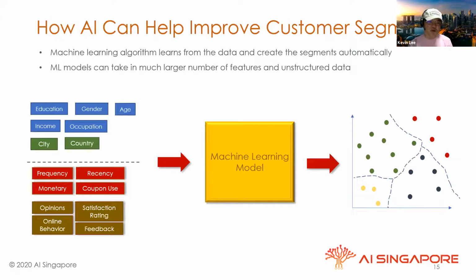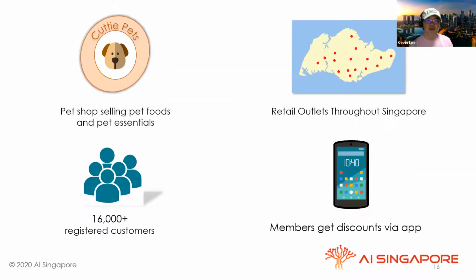And later I'll be showing you an example of after you have created this segment, this segmentation data can then be used for another AI model, which will make the other AI model even more accurate. Let me give you a specific example to make it more understandable. Now, this is an example based on a project that we have done in AI Singapore. We have changed the type of business that they are in. However, the scenario is very similar.